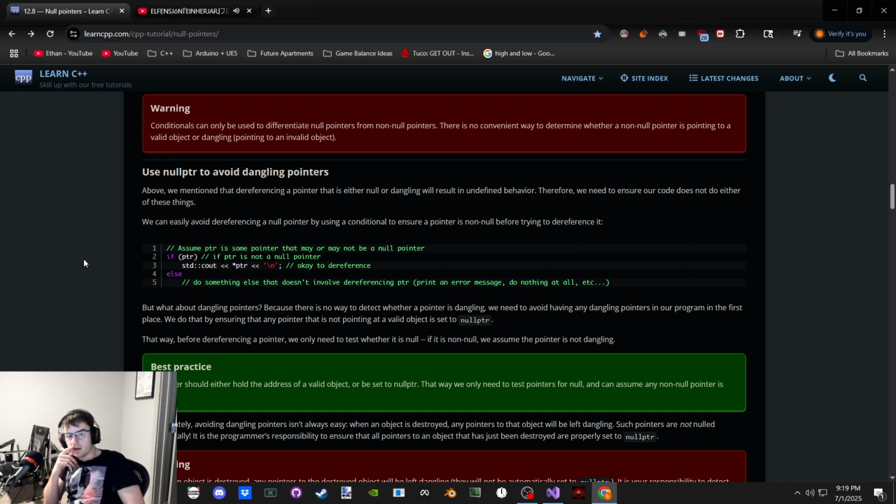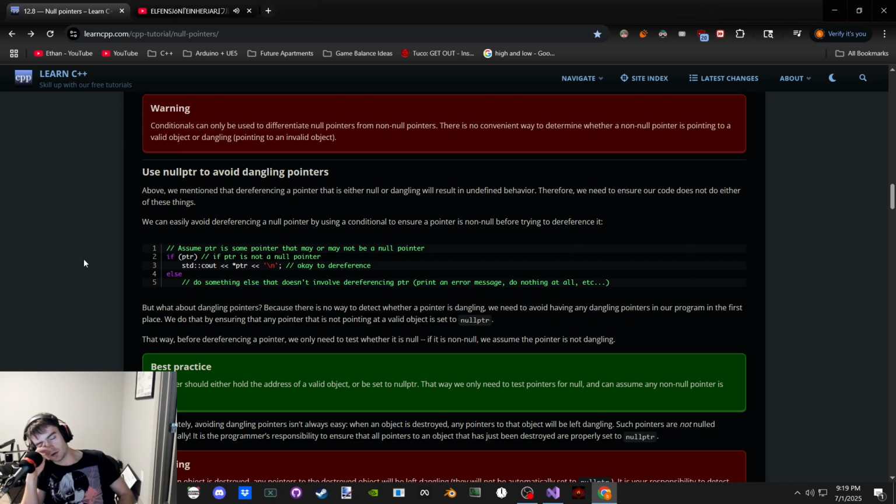We need to avoid having any dangling pointers in a program in the first place. We do that by ensuring that any pointer that is not pointing at a valid object is set to null pointer. Well, a wild pointer is an uninitialized pointer. But a dangling pointer is a pointer that was pointing at an object, but then the object got destroyed.